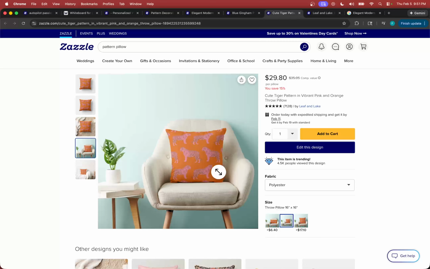In fact, products are actually quite expensive on Zazzle when you buy them as a one-off. There's a number of websites where you could find the exact same pillow for maybe half the price. So keep that in mind because it is quite severe on your earnings if you sit there and say, okay, I'm just going to create a bunch of one-off products that are definitely going to